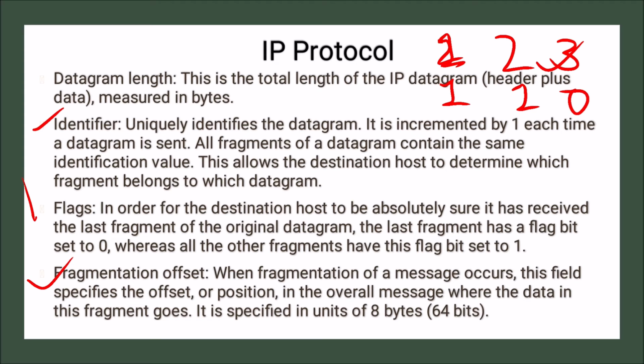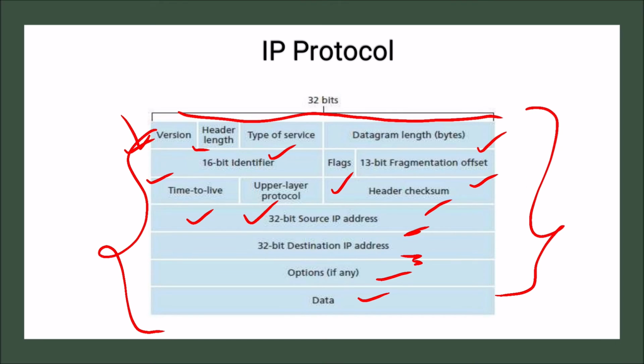So if we divide into fragments, the fragmentation offset mentions the position of these fragments. So we have discussed version, header length, type of service, datagram length, identifier, flag, and fragmentation offset. Now let us discuss another one,